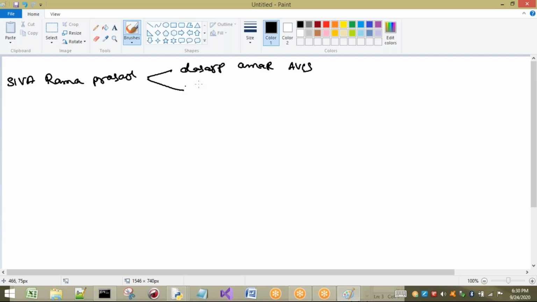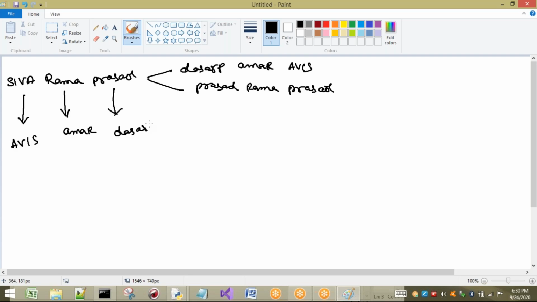The second case is only the words in that string are reversed. But now I am going to take a third type of example, where I want to reverse each and every word individually. First I take this word, and in this word, what do I have to print? First A has to be printed, then the next, and in this way I have to print. Next one, this one has to be printed. In this way the output has to be there.